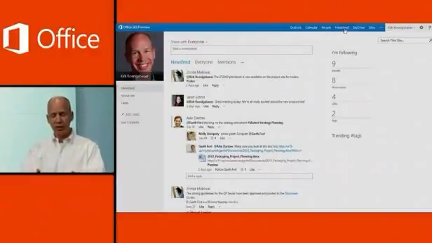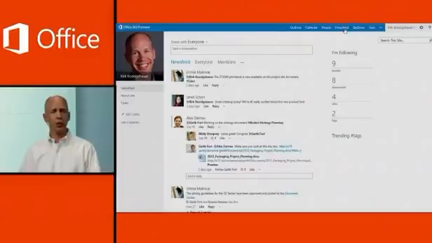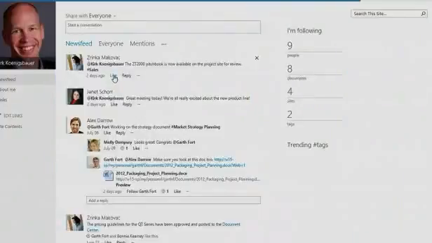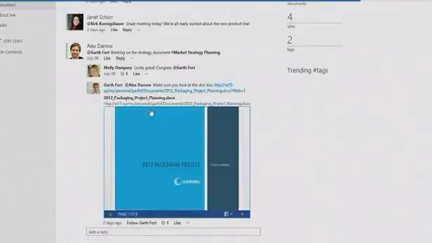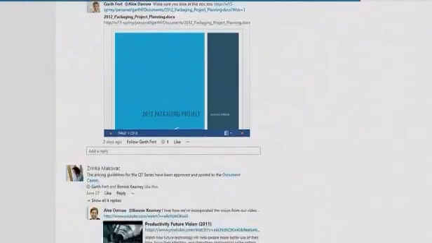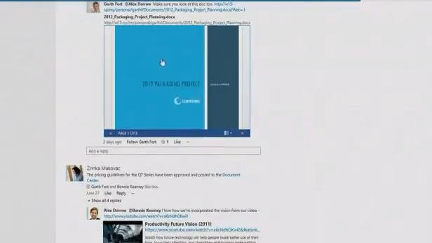Now, you see in the center of the screen a news feed or an activity feed. And this has all the kinds of social networking capabilities that you would come to expect. The ability to do things like replies. As I go through here, you can see these microblogging threaded discussions that are here. I can insert links. You can see there's a document that's been posted. I can preview that right inline. So without leaving the context of SharePoint, I can say, hey, is this a document maybe I want to go